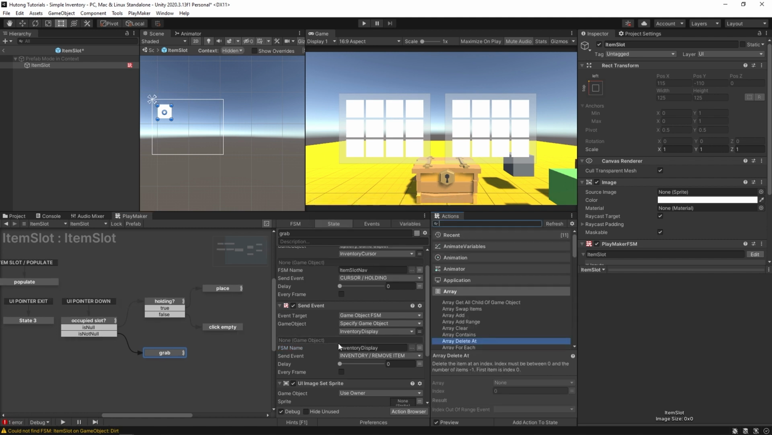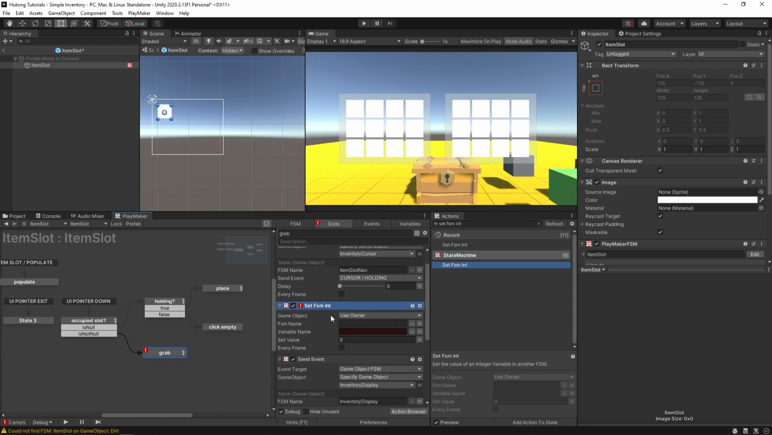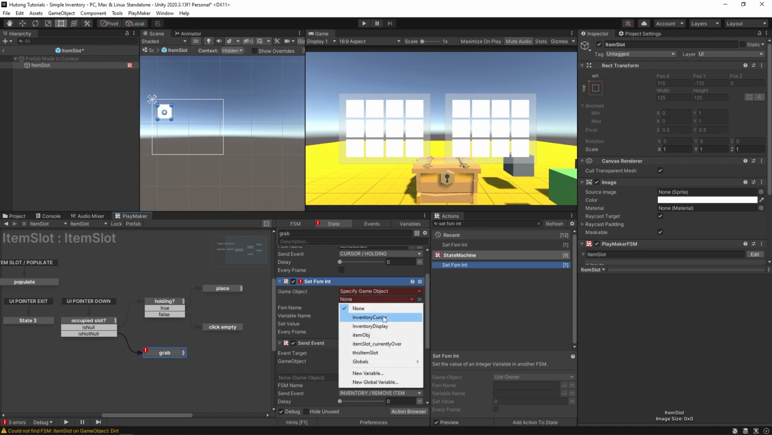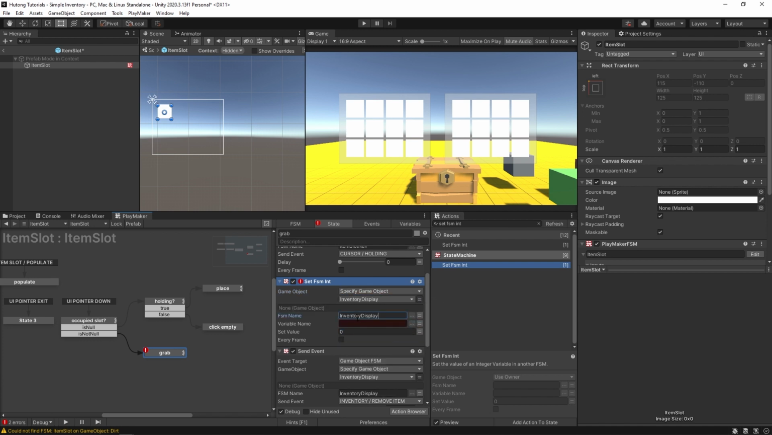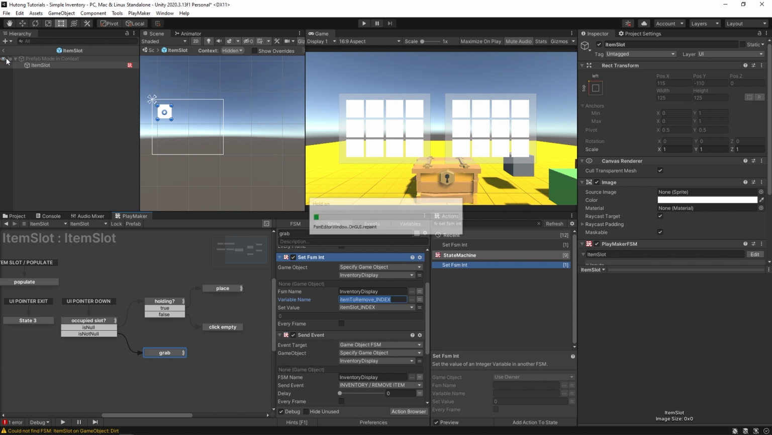Okay, but the item that we want to remove from there is a very specific item. We want to remove it from a specific index. So we're going to do a set FSM int. We're going to put that just above the send event, so it has an int to use once we send this event. We're going to be sending that to our inventory display. That's the FSM name, and the variable name will be item to remove underscore index. So that's what this variable will be. Now, which item is it? Well, since it's this item slot, we can use the item slot index. Okay, so I'm going to copy this item to remove index, save this,